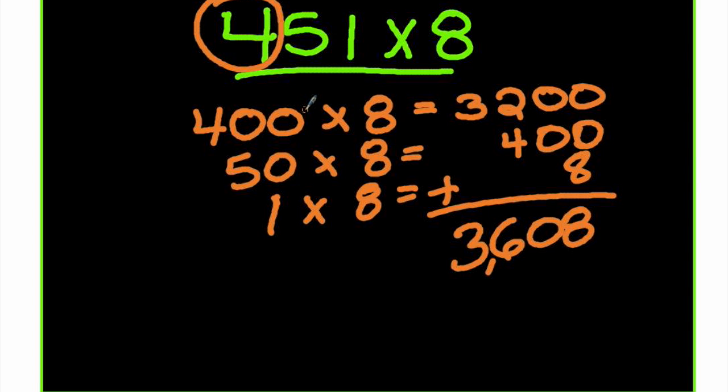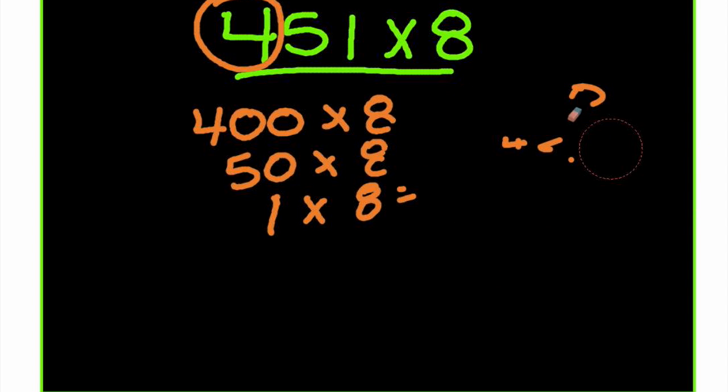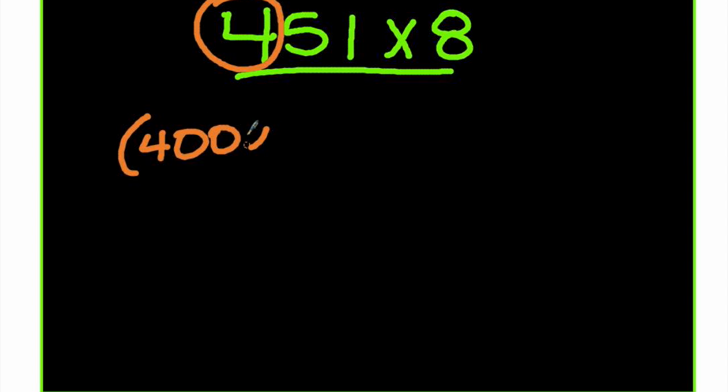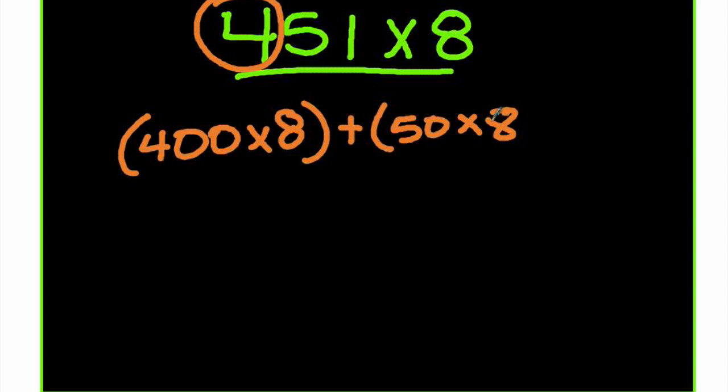So you look at the number, which place it's in, and you can use the distributive property. Now, a lot of times I've seen distributive like this. Raise your hand if you've ever seen a problem like that before. Well, now you know how to solve problems like that, don't you? Because it's exactly what we just did. 800 plus 400 plus